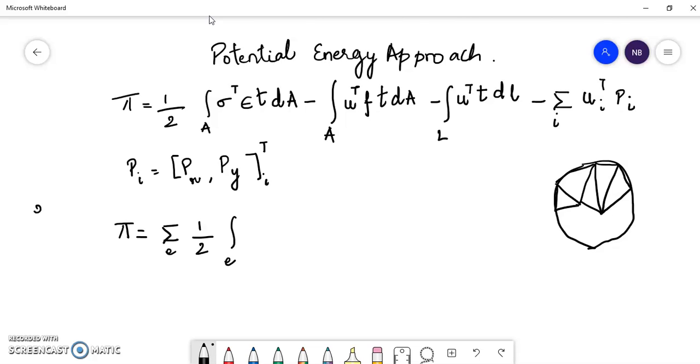Now sigma transpose, we know that sigma is D, that is a material property matrix, into epsilon. So sigma transpose will be epsilon transpose into D. D is a constant matrix which depends upon the material properties. So substituting for sigma transpose,